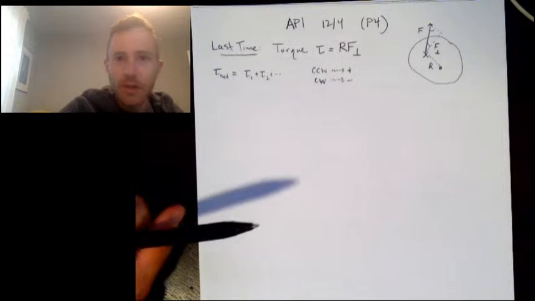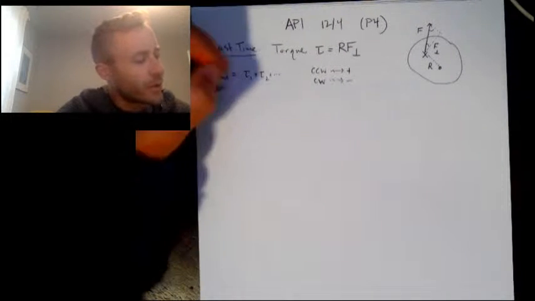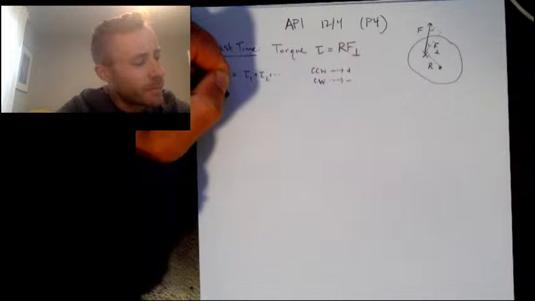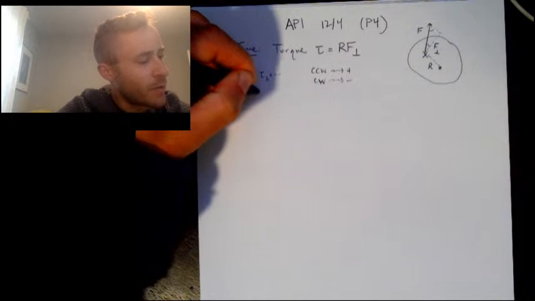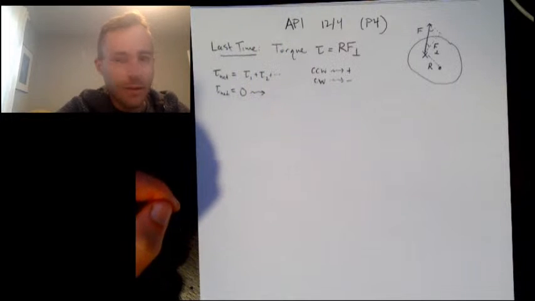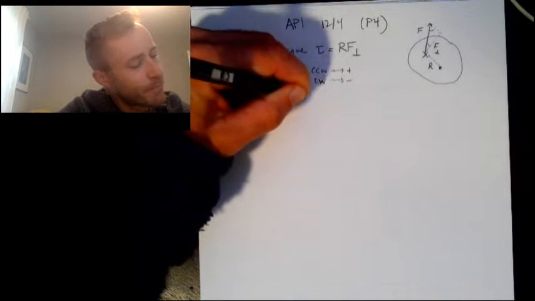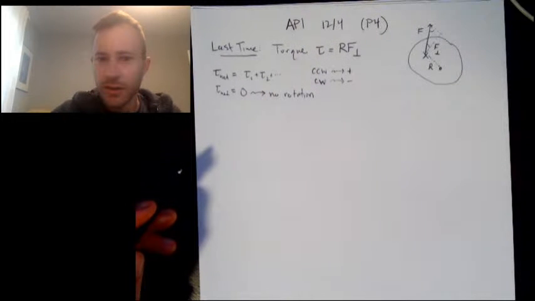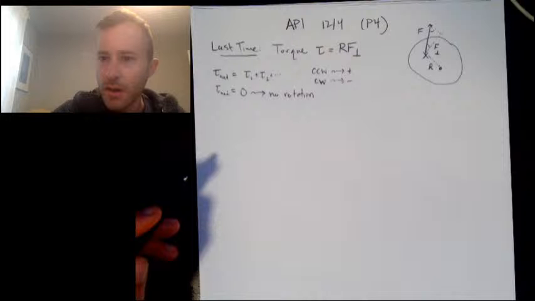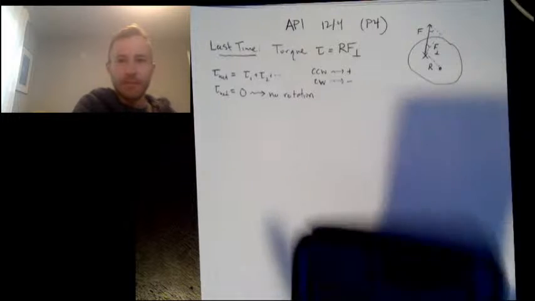Okay. In particular, if the net torque is 0, then that will imply that there is no rotation happening. All right, so that was basically the content of the last lesson. That is correct. This would be a negative torque. So the way you determine that is,